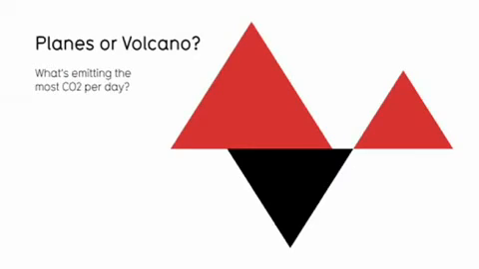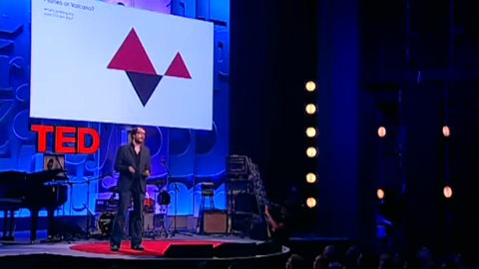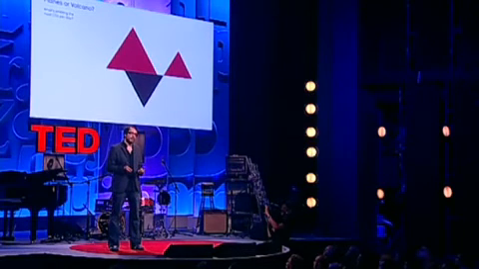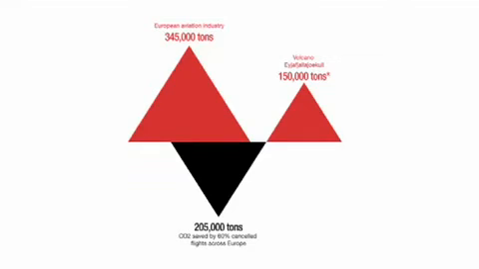And often we can get clarity or the answer to a simple question very quickly, like this one. The recent Icelandic volcano, which was emitting the most CO2? Was it the grounded plains or the volcano? So we can have a look. We look at the data and we see, yep, the volcano emitted 150,000 tons. The grounded plains would have emitted 345,000 if they were in the sky. So essentially, we had our first carbon-neutral volcano.